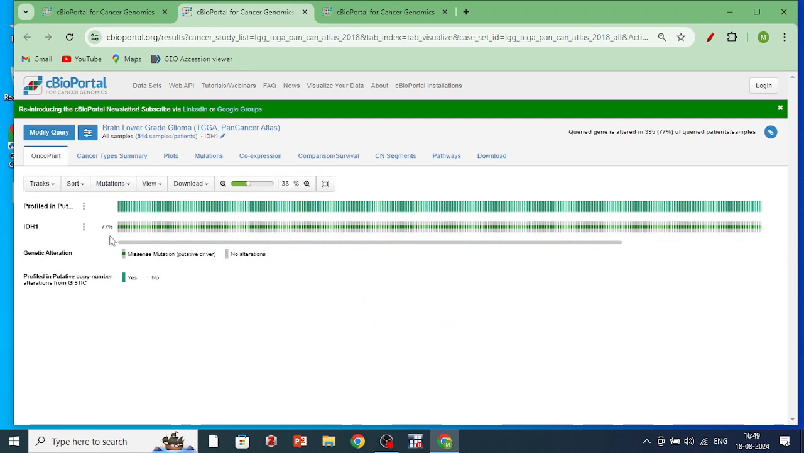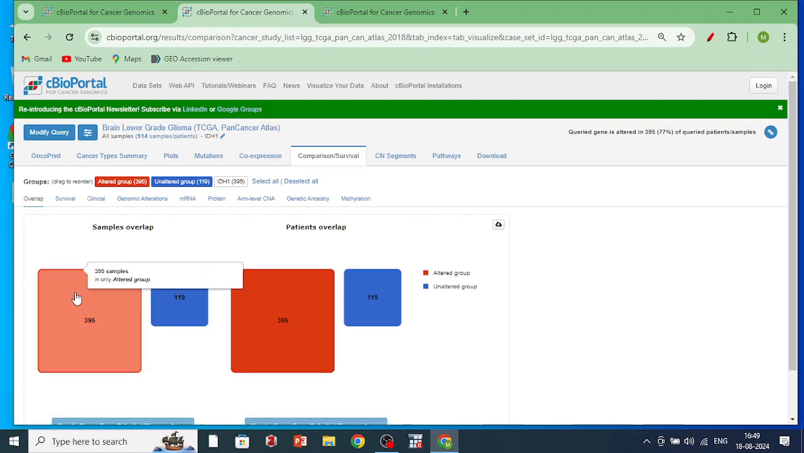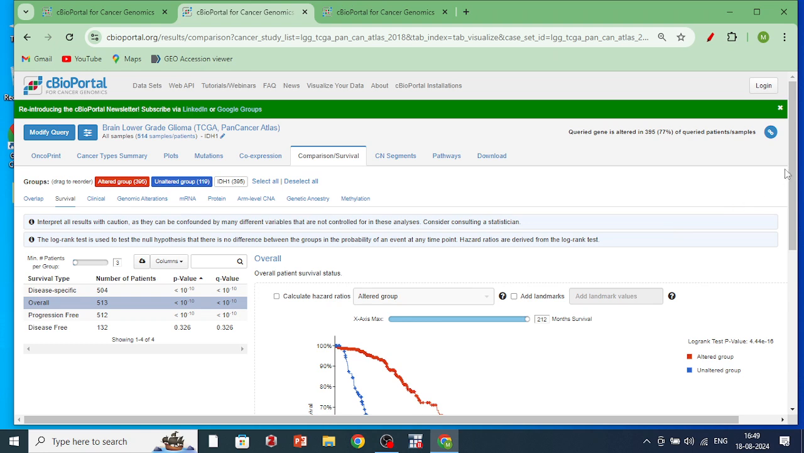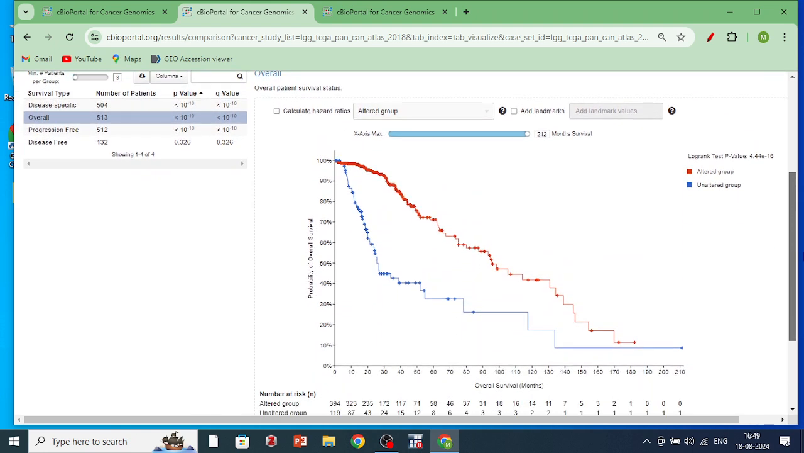You see 77% of patients have alteration in the IDH1 gene, specifically in this TCGA low-grade glioma dataset. And let's see what happens with the patient having this mutation, whether there is any difference in the survival. So let's just compare these two groups, one group having the mutation and the other group which doesn't have the mutation. So survival comparison, you can see all 4 different types of analysis and a clear difference between altered